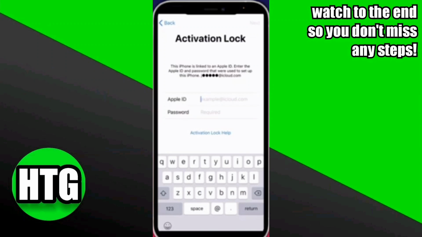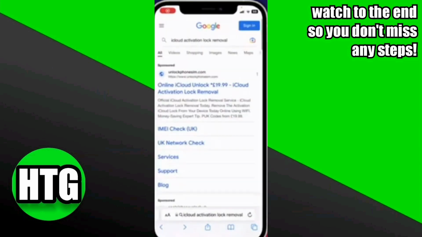This is how to remove activation lock on iCloud. It's very easy to do, so make sure you watch till the very end so you won't miss any of the steps. If you forget your iCloud ID or password, what you have to do is